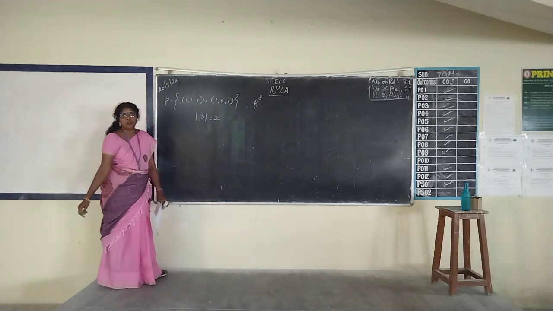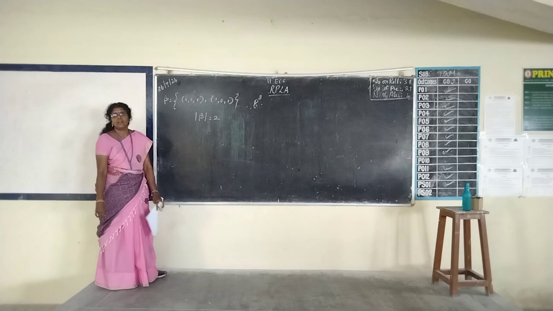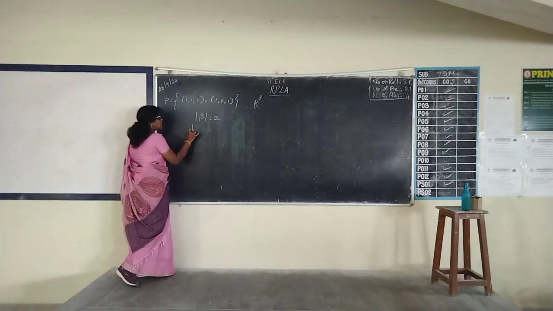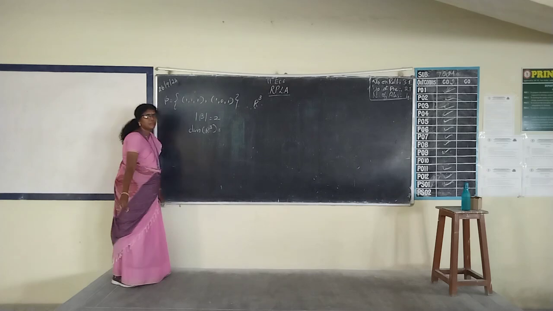Now you should know the vector space. What is the vector space defined? R cube. You should know what the dimension of R cube is. What is the dimension of